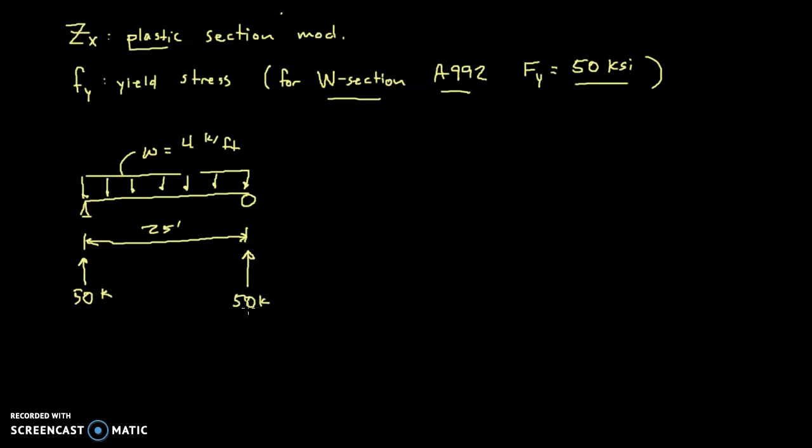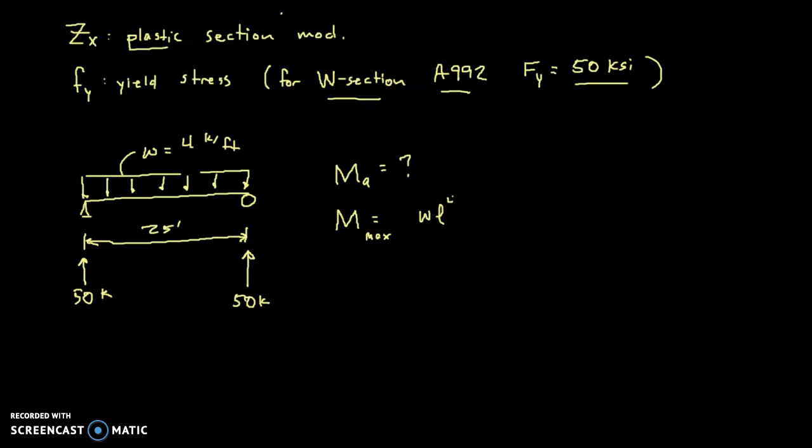So what we need to do, as I said, the first step in designing a steel beam is to find the maximum moment that this beam experiences. We could do that by a shear and moment diagram, but that's kind of inefficient. It's better to go to Appendix H, if possible, and search for the scenario represented by our beam support and loading condition. And since this is the most common type of support and loading condition, it's the number one situation in Appendix H, and the maximum moment is equal to WL,